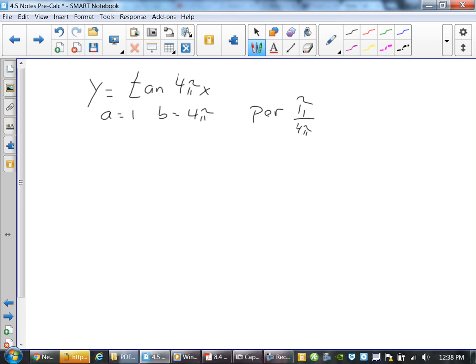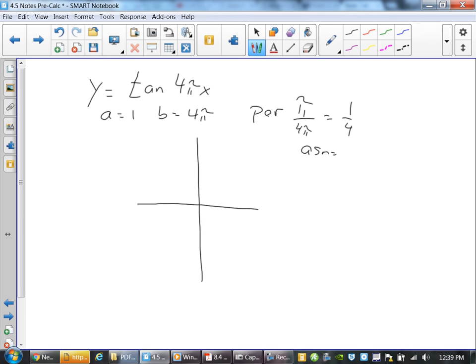So now your period is going to be 1/4. I thought the periods would be 2 pi over 4. That's for sine and cosine, the period is 2 pi over B. Tangent is pi over B. So now when you go to get your asymptotes,